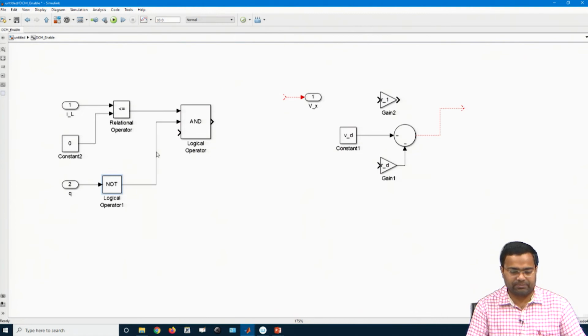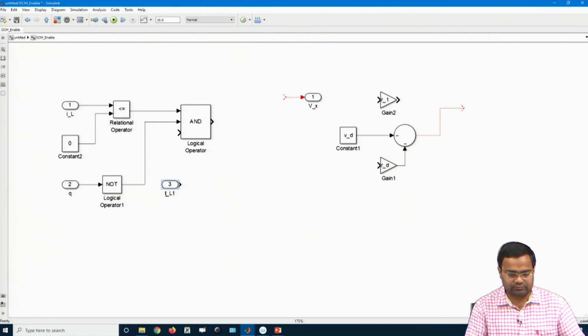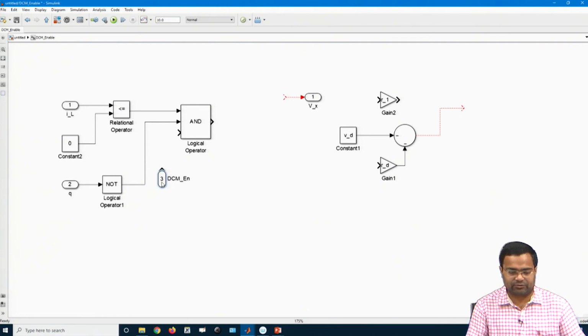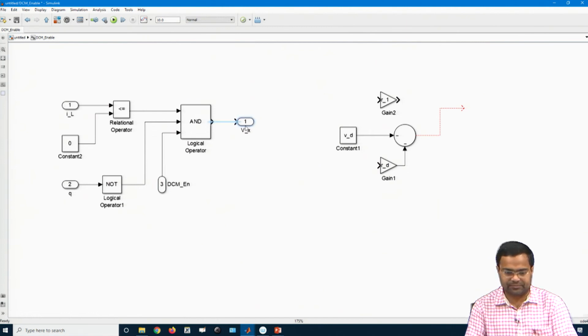This block we have, and we need to give a DCM enable logic, which can be set to either 0 or 1, and the output is my QD here.